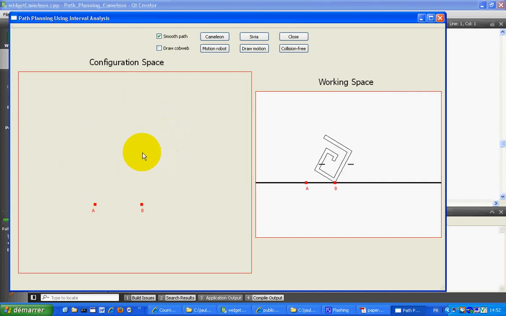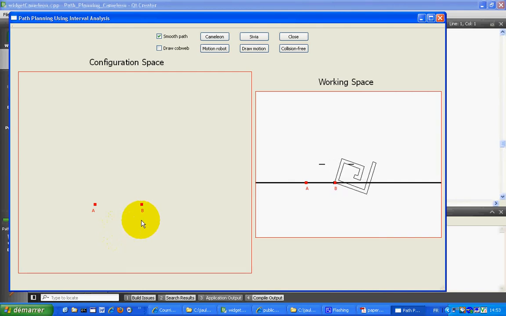Here is the initial configuration A. Here B is the final configuration. As you can see, you have one obstacle and another obstacle. You are not allowed to touch the obstacle like here. This configuration is not feasible. This one also is not feasible. So what we have to do is to move like this to find a feasible path. You are not allowed to touch obstacles. As you can see, sometimes you can be blocked. You don't know, but at the end you should be like this.